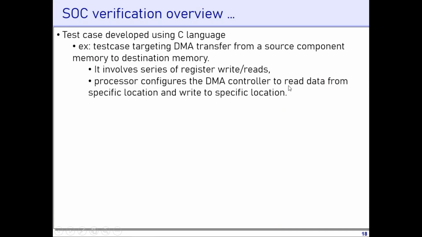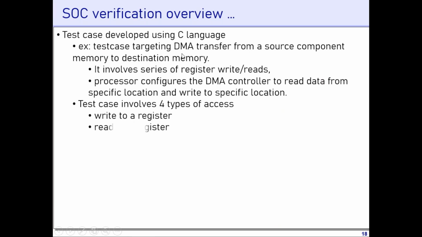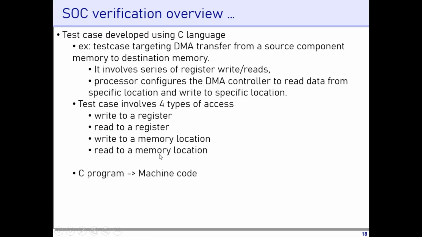So these register programmings, whatever we develop in the test case, can involve 4 types of accesses. From the processor perspective, it can do only 4 things. It can be either writing to a particular register in the DMA controller, or reading a register, or writing to a memory location, or reading a memory location. My test case would involve these kinds of accesses. When that is given as an input to the compiler, it generates the corresponding machine code